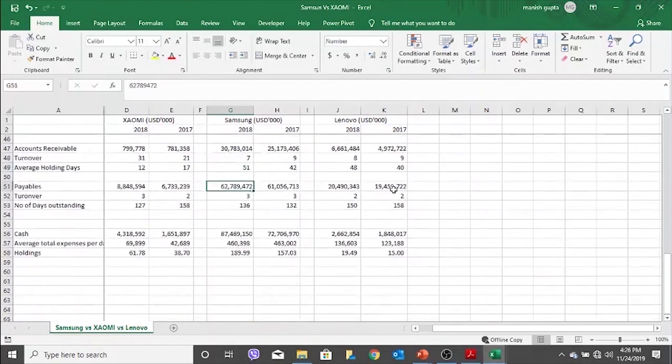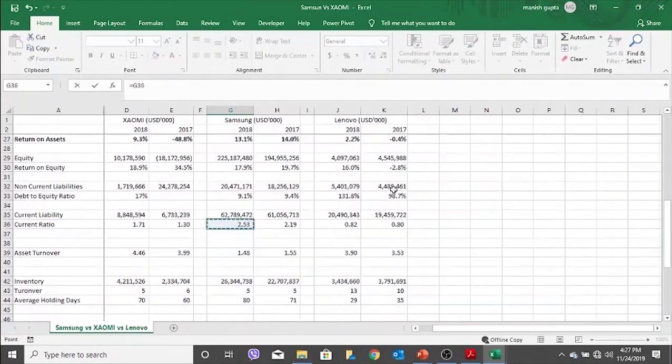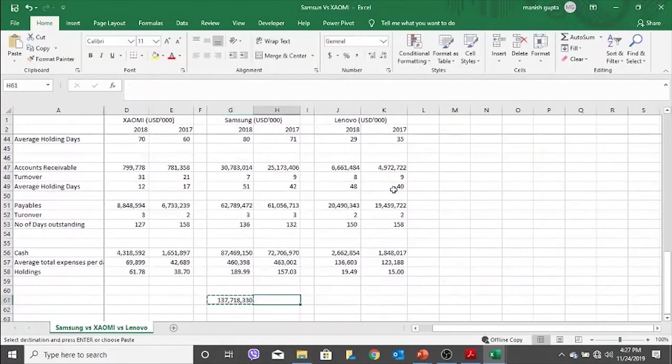Return the money to the owners, correct? At least owners can make good use of their own capital, right? So if they return the money to the owners, they have $87 billion worth of assets, right? So what will be the value of their equity then? What will the equity be reduced to? 225 minus 87, because 87 they return to the shareholders, right? So their equity will be only 137, correct? So it is reduced to about half, correct? So what will happen to the return on equity then? It will improve. It will double, right? Instead of 15%, it will go to 30%.